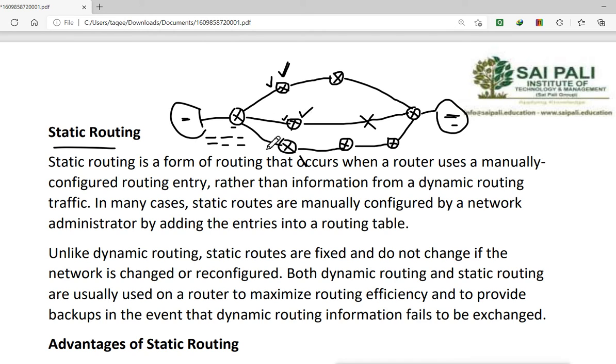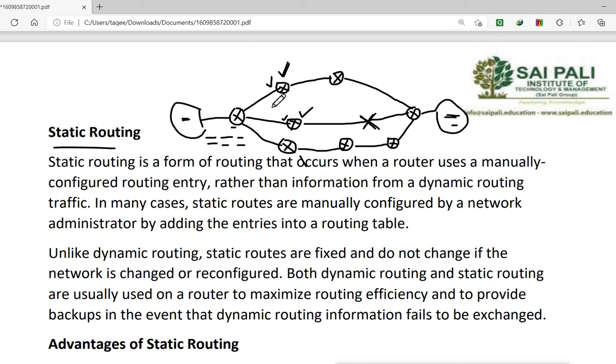So if you have a big network, then you have a problem of managing. Managing is difficult. It will not automatically take the other, alternate path. You have to configure it manually in case of a down network, in case of a problem. Then one more problem comes, because it is configured by the administrator. The administrator is a human, so humans make mistakes also.